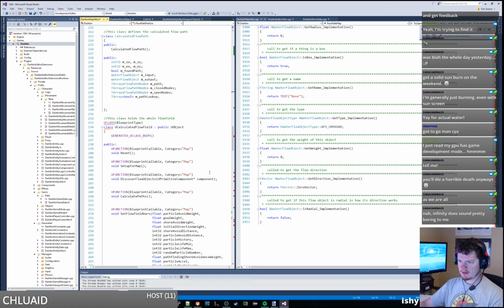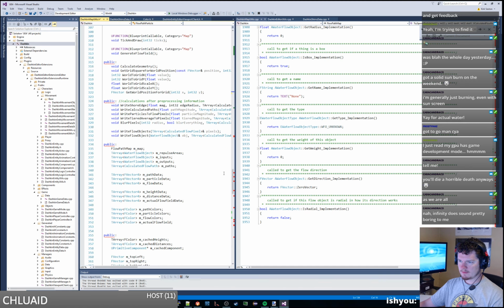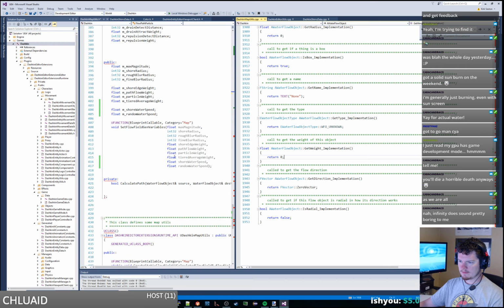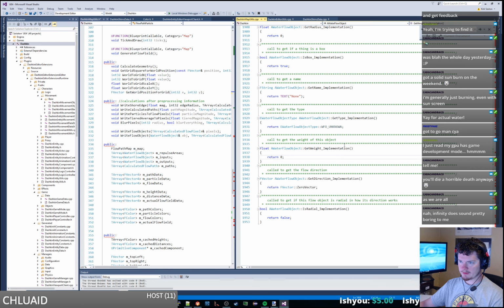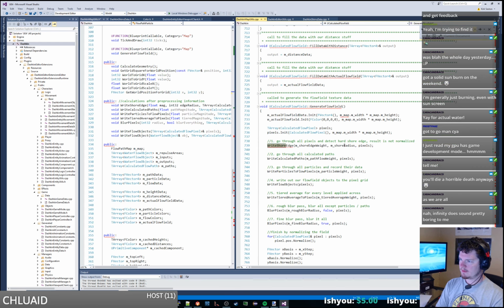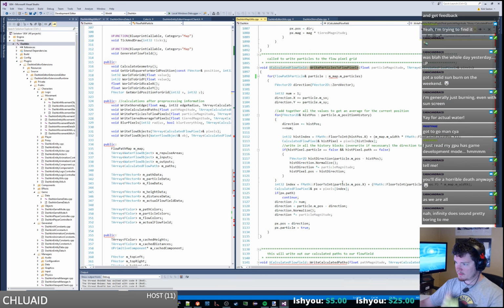Alright, so I think we got that going on. So let's see, which function am I looking at? It's going to be this write particles to flow field, source particle, text.direction. Okay, so for every particle here,